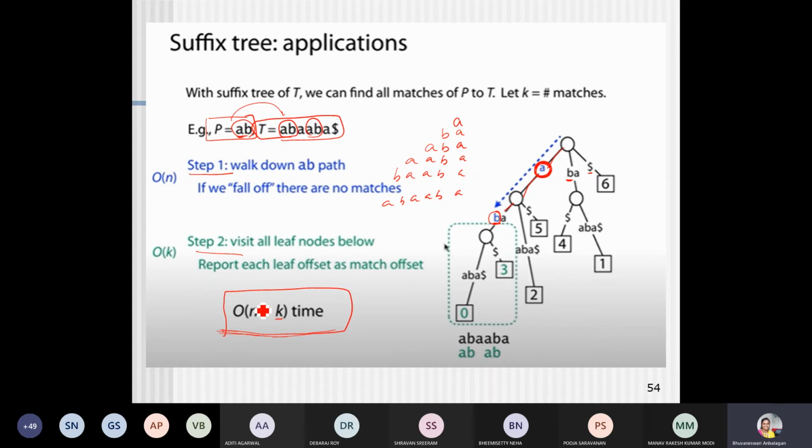And n is the number of steps, the degree that particular tree has. What is the degree of this particular node? 1, 2, 3, 4, 5. The highest degree is the path by which that entire string is completely available in the given tree. So this is the way the search happens in the suffix tree, and the time it takes is computed.